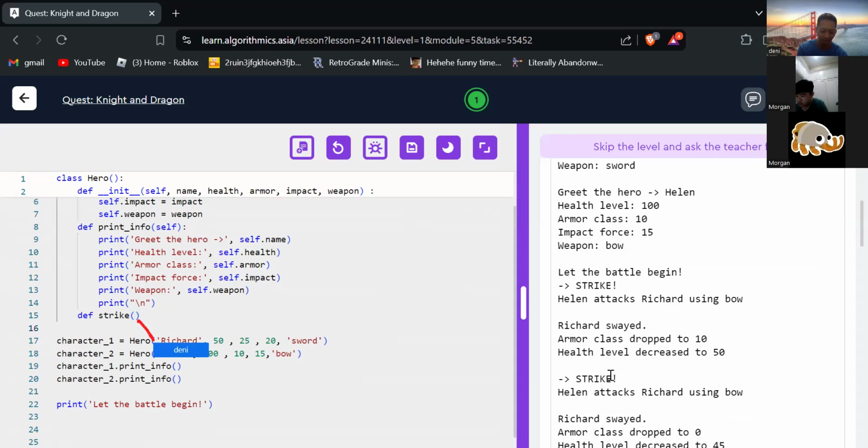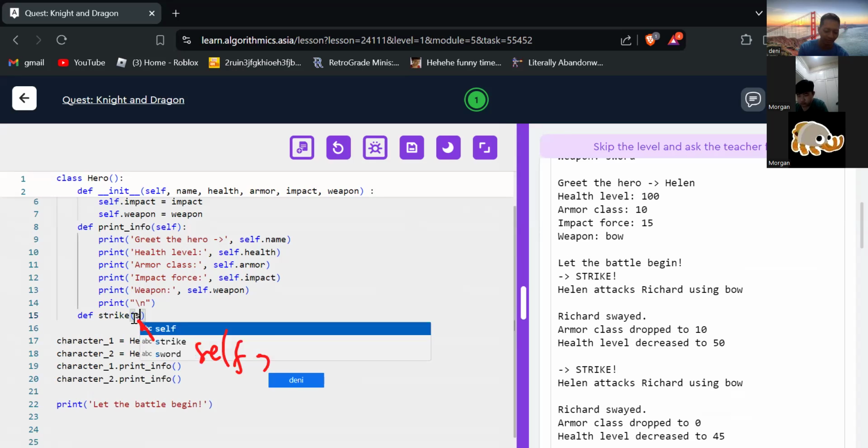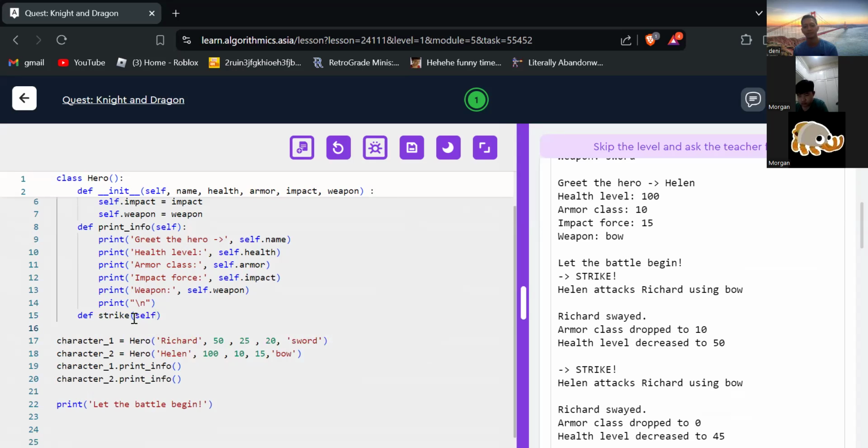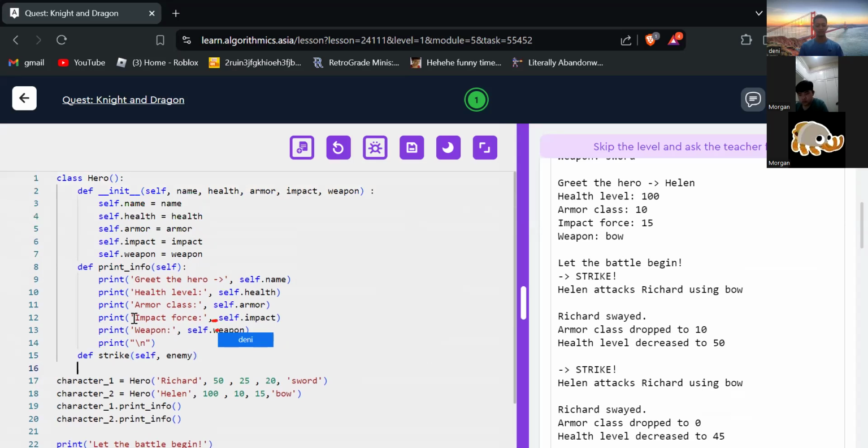Don't forget to add self and then the attack, the enemy, and then the enemy. The colon. No. Self, comma, enemy, and then the colon. Hey, that's good.